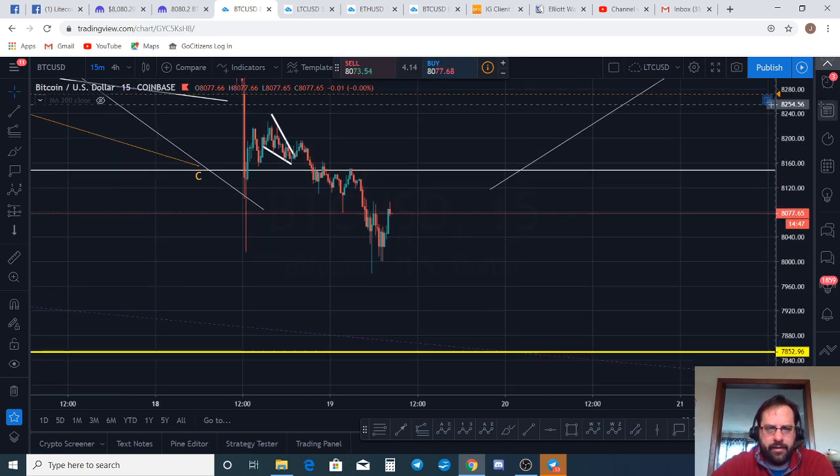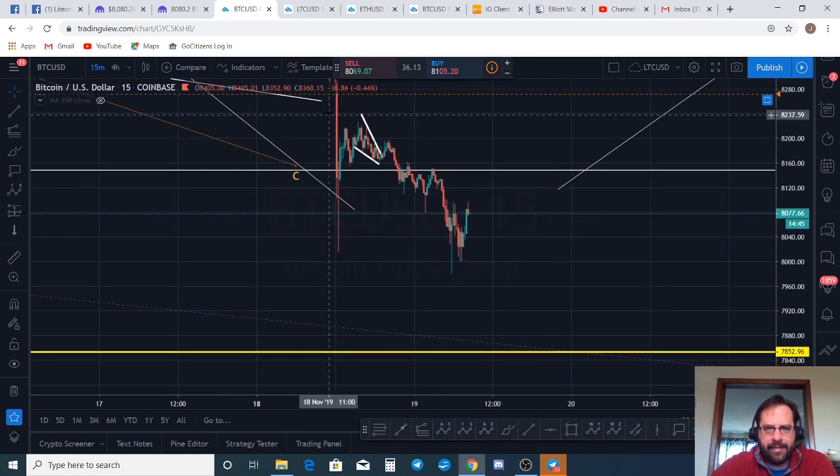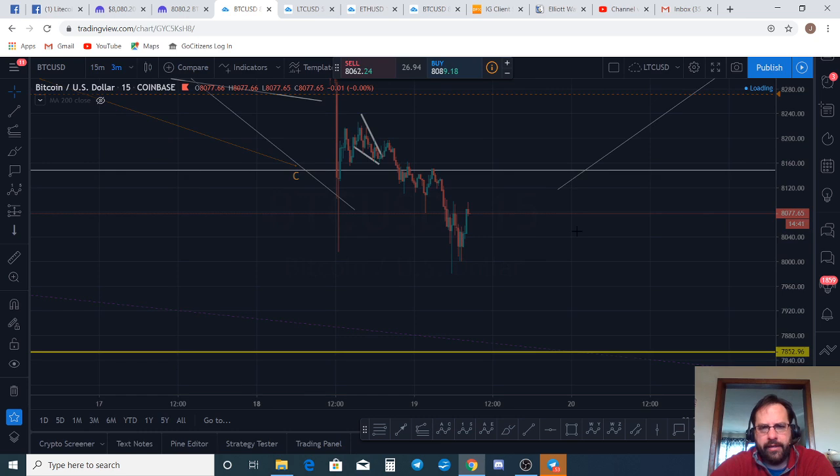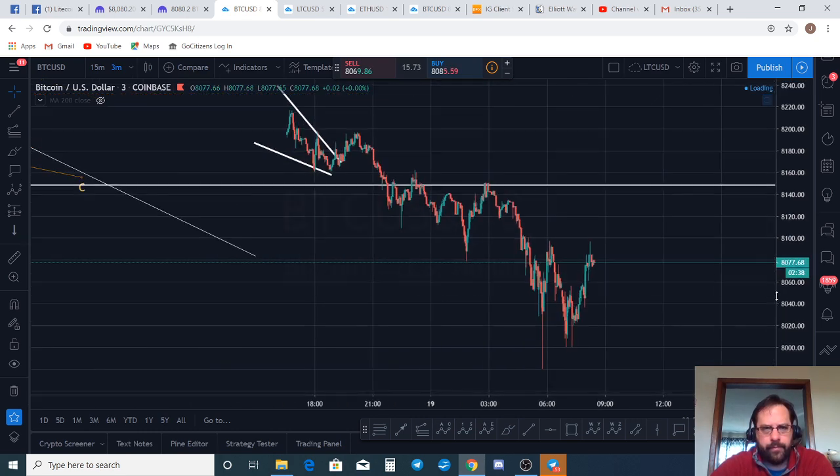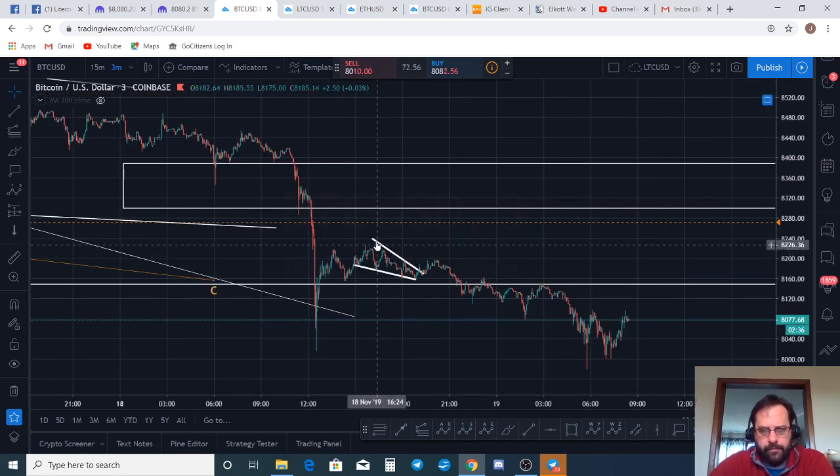Well, let's check it out and see if there's any in this last wave. See if there's 5 waves there. Let's go down to the 3-minute time frame. We got a 1 wave, 2 wave. Let's throw the fibs on that. Get a reference point for our